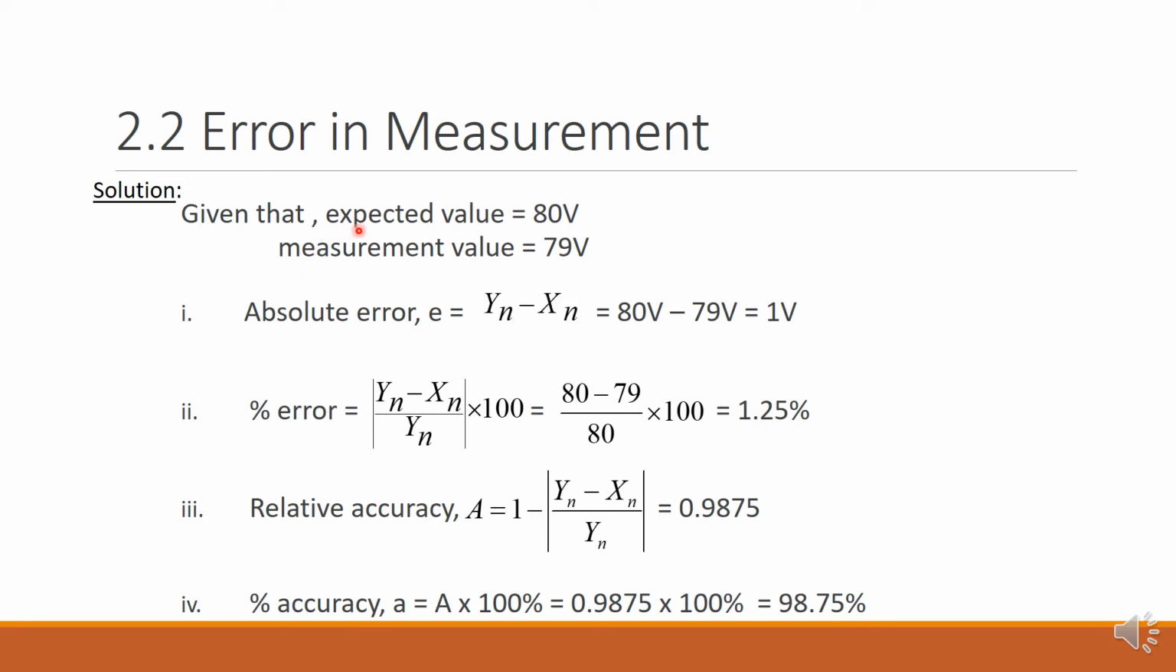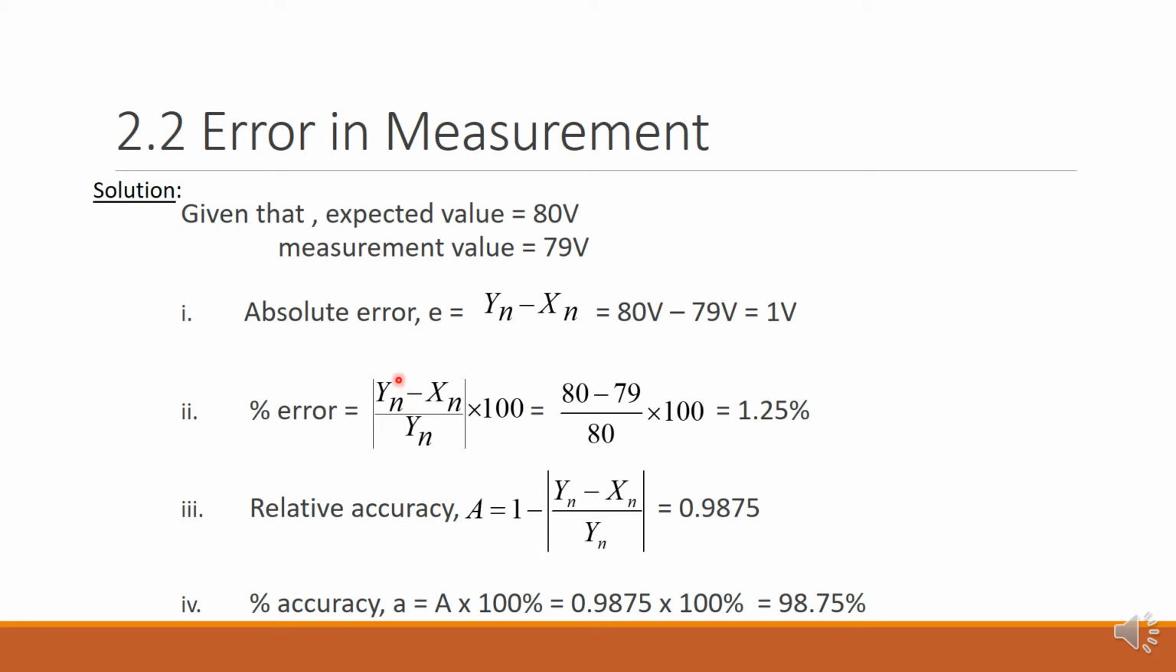Okay, so as we understand, the expected value is 80 volt and the measured value is 79 volt. So the absolute error is equal to the expected value minus measured value. So 80 volt minus 79 volt equal to 1 volt. And then the percentage of error is equal to